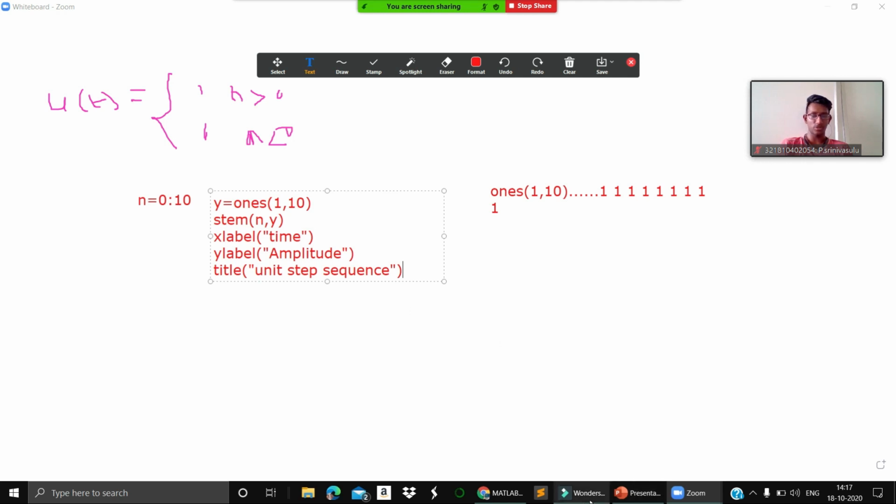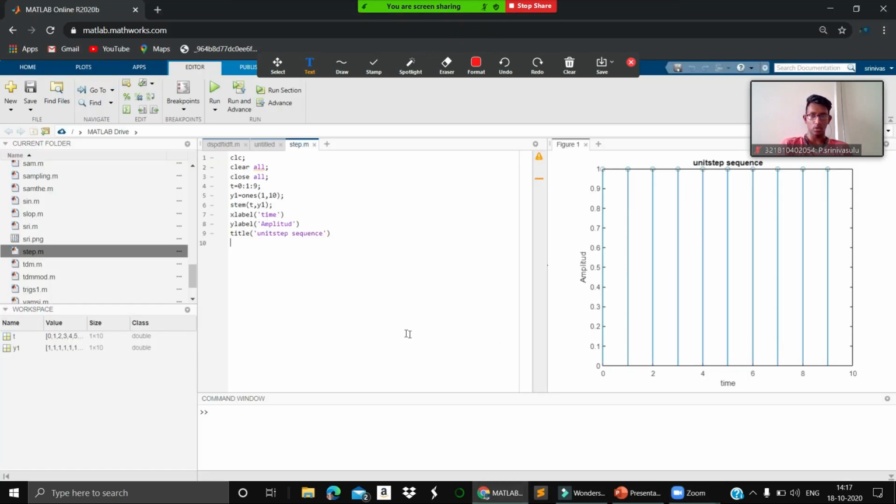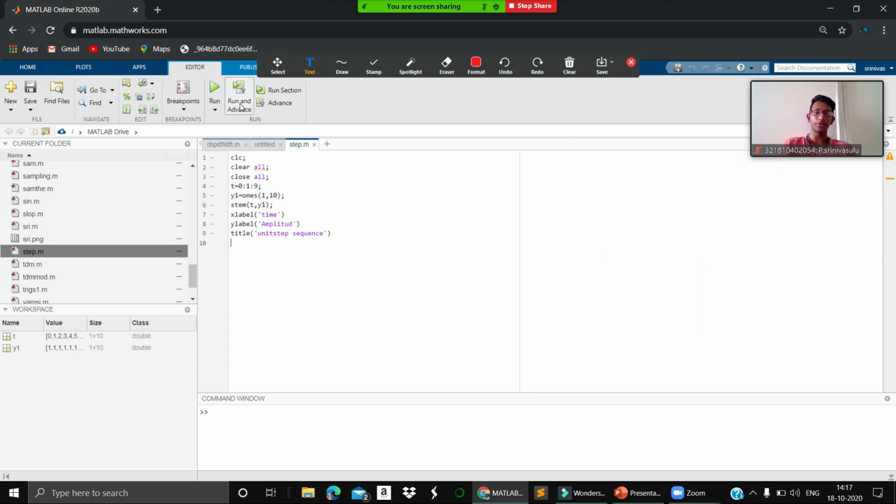Let's go and execute this one. I have already written the code. So you can see here clear, clc, clear all, and the range 0 to 10 indicates 1 at each position, one position 1, 1, 1. And t comma y, ones of 1 comma 10, it will create from 0 to 1. And after that x label, y label. Okay, this is clear, right? So let's execute this code and we'll get the output, whether we are going to get the correct output or not.